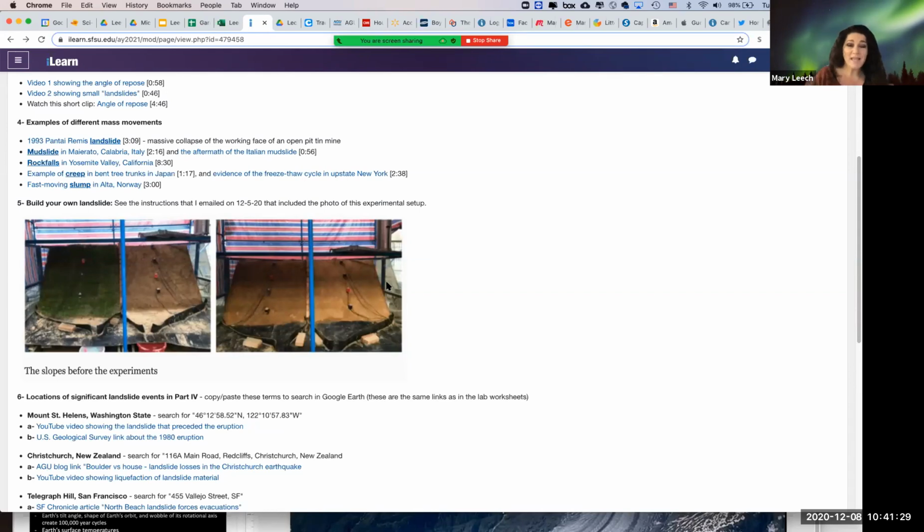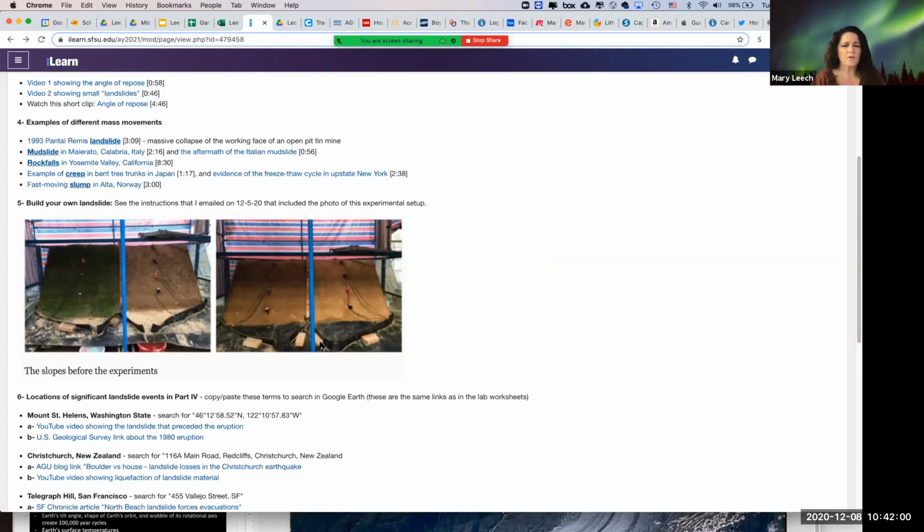Make sure you're taking a picture of the before setup. You're also going to sketch the before setup before you rain on your landscape. And then I want you to rain on it. And you start off with a little bit and see what happens. And then maybe increase that to a lot of rain, especially if it's not going anywhere, right? You should probably do some packing down of the soil. You don't want it to be completely loose and fluffy soil, right? Pack it down a little bit so it's kind of realistic.